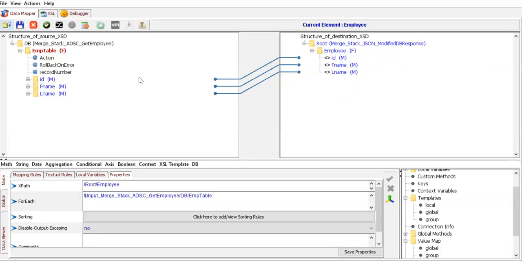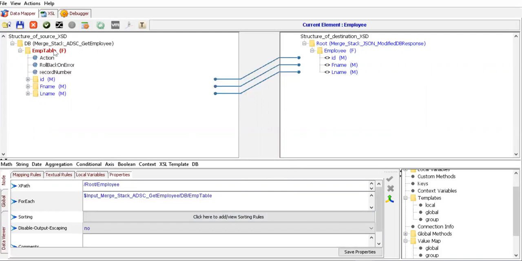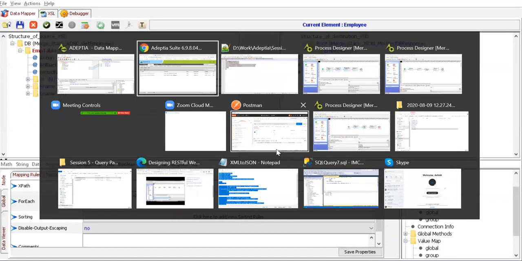Okay, you can directly map these values here. And one more thing we need to do is click on this employee. Then choose the for each option and drag it here. If you double click on this activity, it will automatically come here, because this node is the recursive node in the database output. This data mapper you can use for one record, and for multiple records also. It will work for both scenarios. So once you're done with the data mapper, that means you're able to convert the database output from XML to JSON.